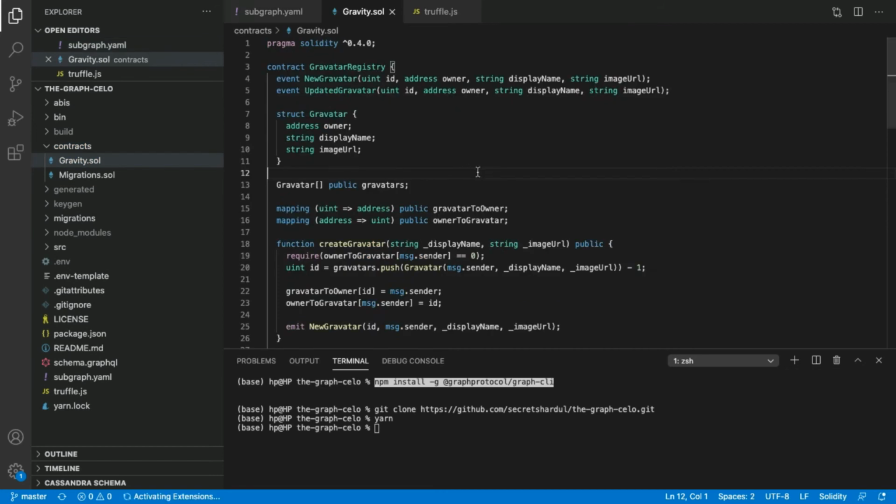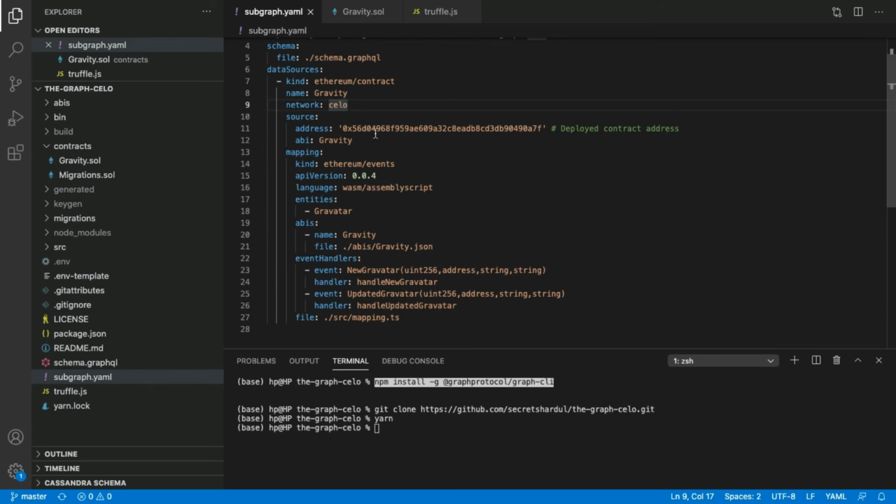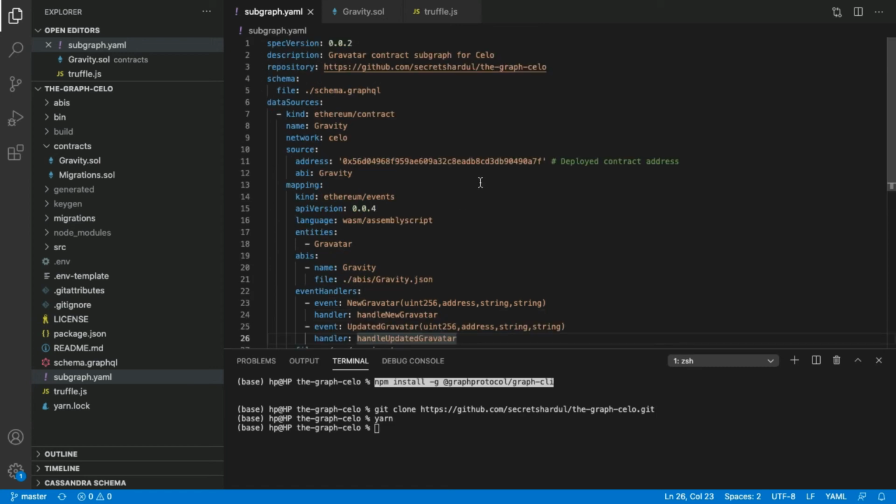So this is a Gravatar repository, and these are the events: new Gravatar, updated Gravatar. Whenever these events are triggered inside the contract, the Graph protocol will listen to these events, and some event handler functions will get triggered, handle new Gravatar, handle updated Gravatar, and they will do the indexing.